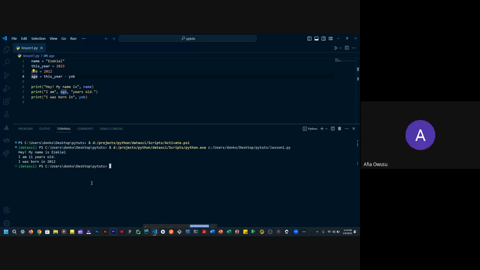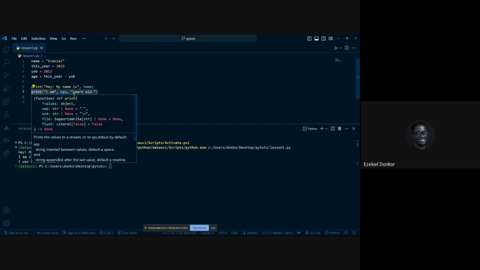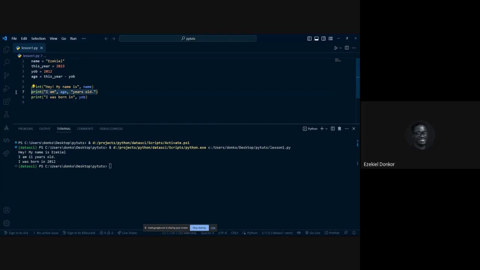The first one came, then it said, "Hey, my name is Sophia," then it says the error. So you see, what your PC is doing is that it has stored all this and printed the first one. But what you are telling it to do in line 6 of your code, it doesn't understand. So let's go and check it. I'm going to stop sharing my screen. You share yours. I will try and identify the problem and we can go ahead.